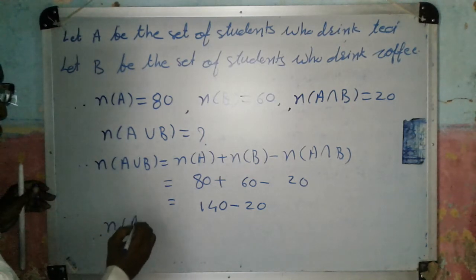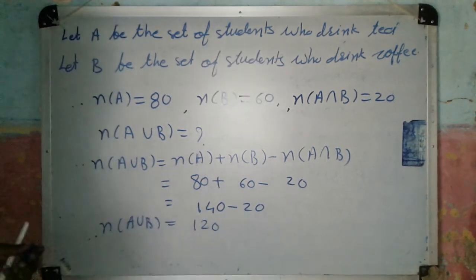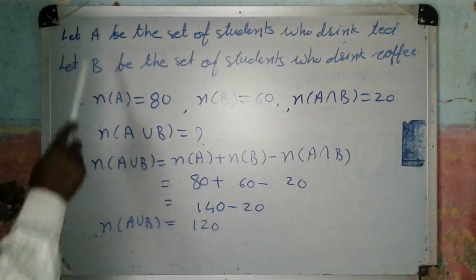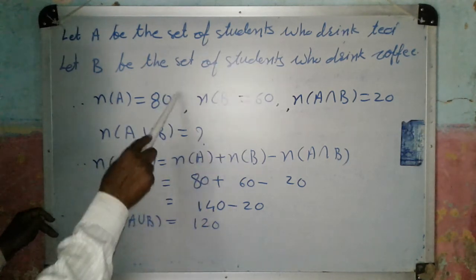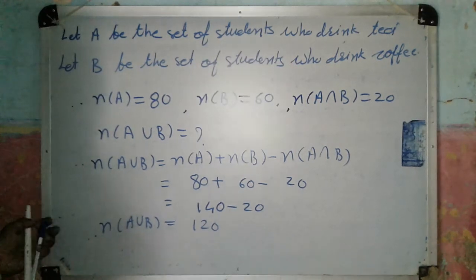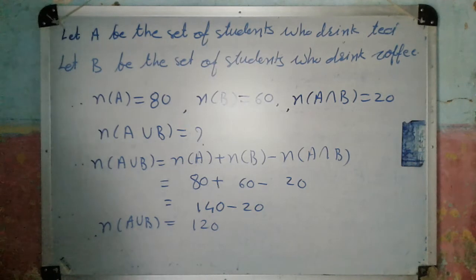Therefore, 120. That means out of 125 students in the hostel, 120 students either drink tea or coffee or both. So the remaining students out of 125 do not drink any one of the drinks, neither tea nor coffee. So the number of students who do not drink tea or coffee